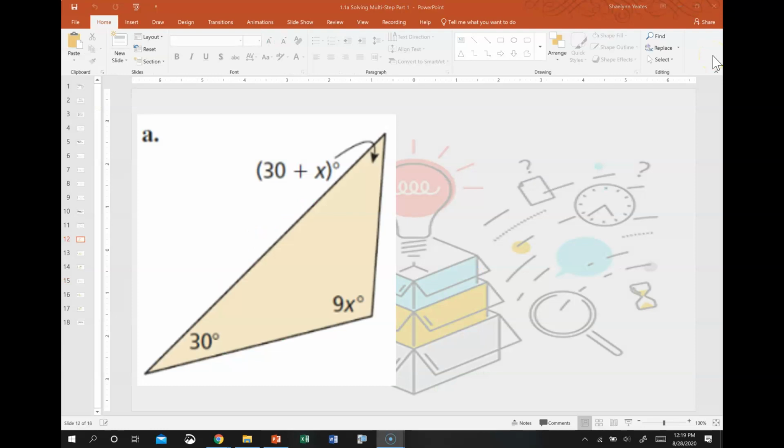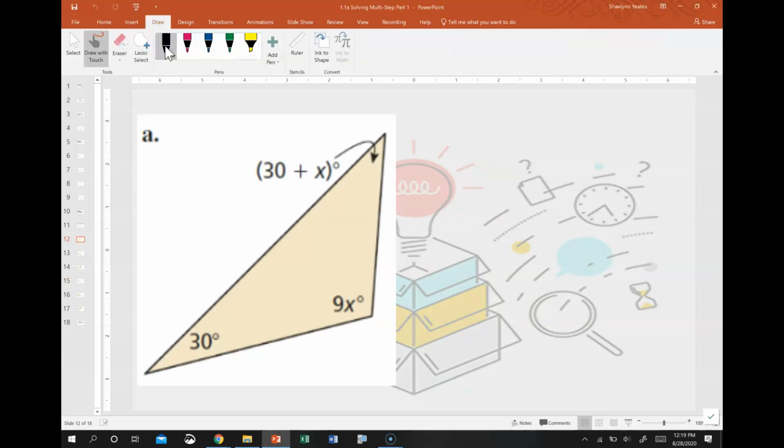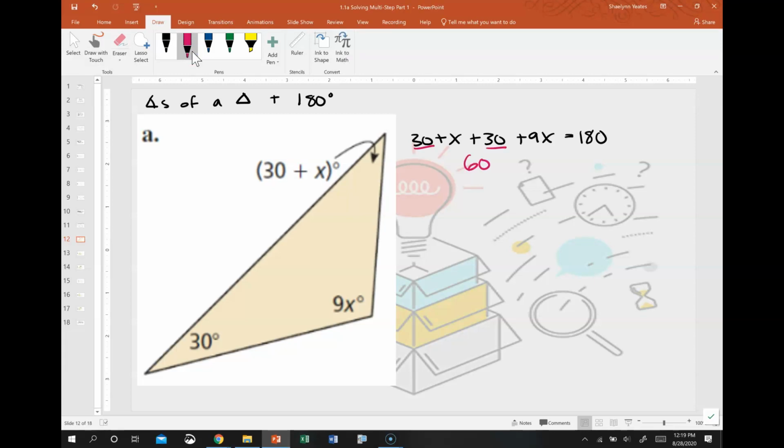And the first thing we need to remember is how many degrees each of the inside angles of a triangle add up to. This is in your notes. So the angles of a triangle add to 180 degrees. That means I would have 30 plus x plus 30 plus 9x equals 180. From here I need to combine like terms. I've got a 30 and a 30 that I can combine and get 60. Then I have an x and a 9x I can combine and I get plus 10x